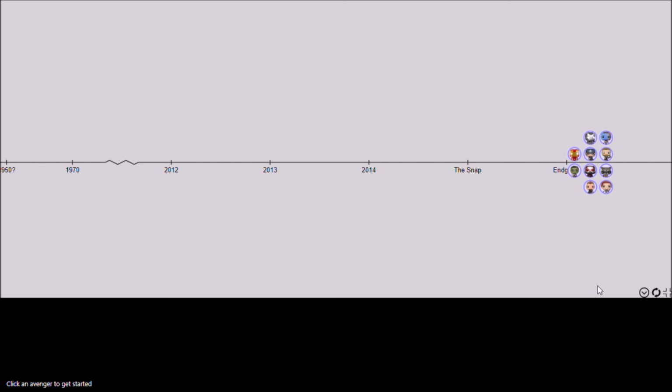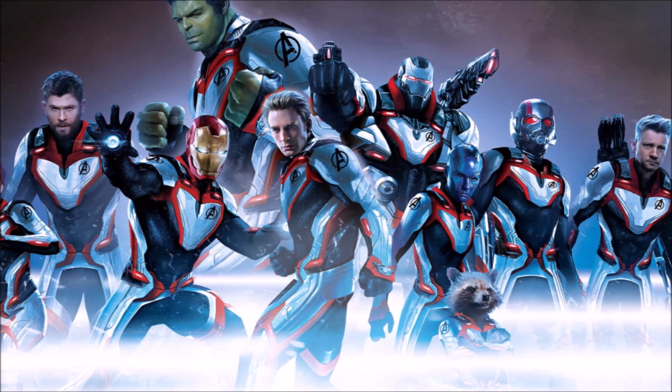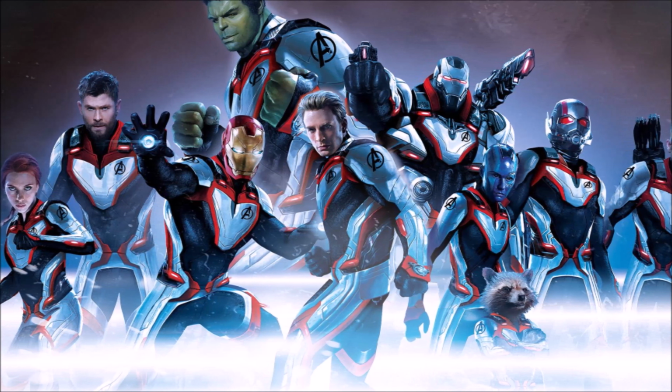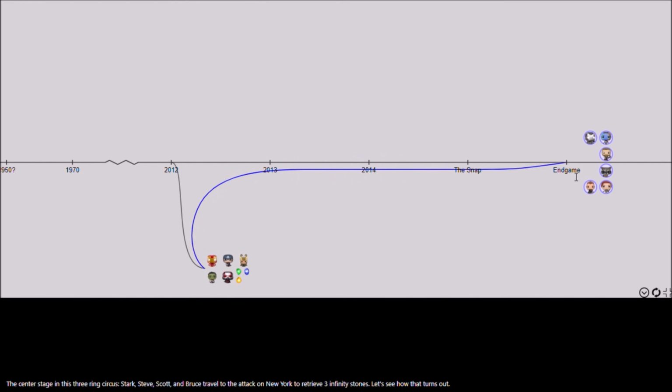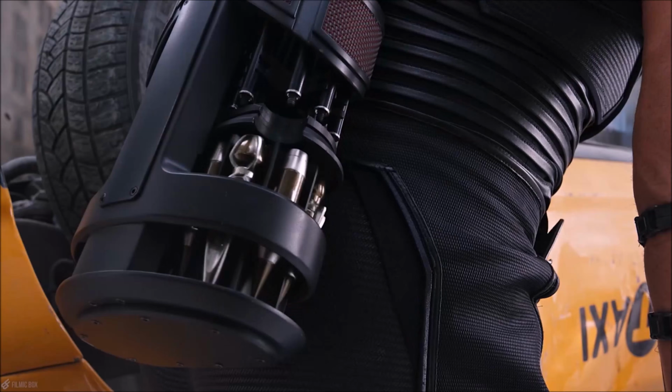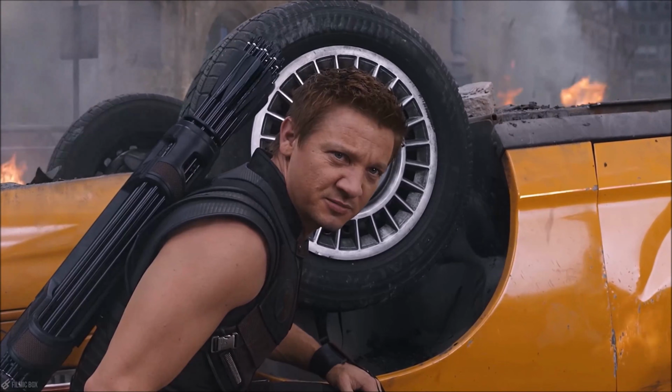the Quantum Tunnel. They have split into groups all with their own objectives, and we initially follow Team A made up of Captain America, Iron Man, Ant-Man and Hulk. This group travels to the Battle of New York to retrieve 3 Infinity Stones and split off into their own smaller groups. This part of the film is set during 2012, and it's pretty much the moment that the entire Infinity Stone saga began, with Thanos appearing in the post-credit scene of the Avengers to kick everything off.